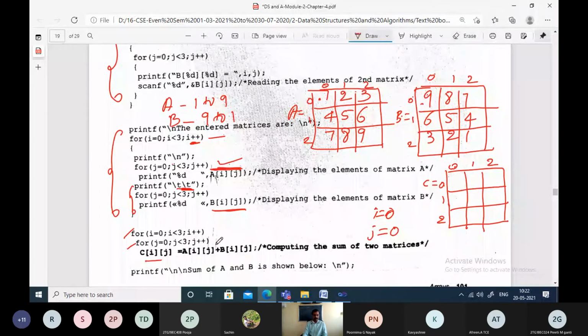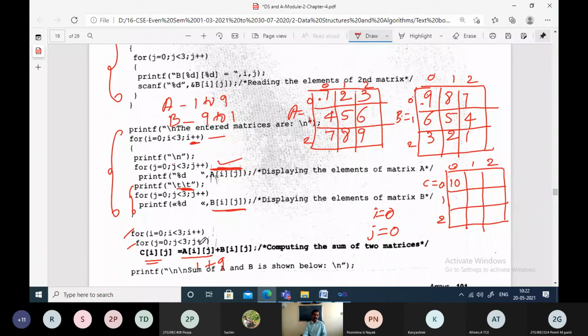Yes, one second. What is A of ij? A of 0, 0 is what? A of 0, 0 is 7. See here in this case. Not 7, it must be 1. Not 7, it is 1. A of 0, 0 is 1 plus. What is B of 0, 0? B of 0, 0 is 9. So 1 plus 9 is what? 10. So where it will be stored? It will be stored in C of 0, 0. So that means 10 we have got.